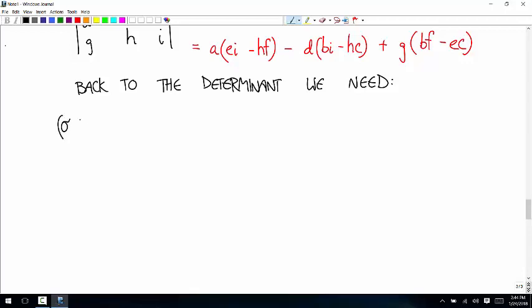So you got the quantity sigma xx minus lambda times the quantity sigma yy minus lambda times sigma zz minus lambda, minus sigma yz squared,